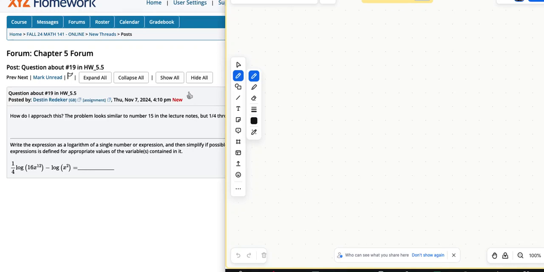Hey there. This isn't too bad except for the 1/4. So let me show you what to do with that piece. If we have 1/4 log 16x to the 12th and then minus log x squared, if we just get that dealt with, then we're going to have a division problem because of the subtraction, and